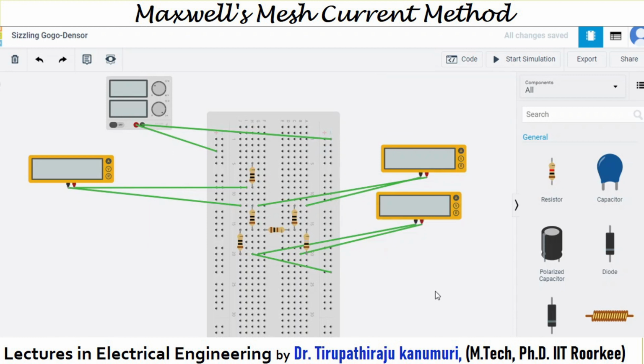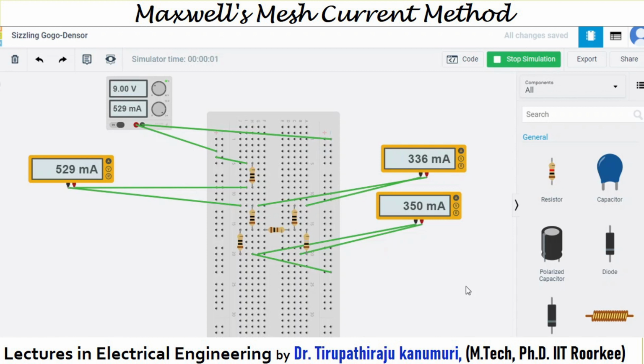How to use the breadboard, how the connections are made internally, those are already discussed in the previous lectures. You can please refer to them in the basic electrical engineering playlist if you have any doubt. So I am directly proceeding because I am assuming that you already have the idea. You can see in the circuit simulation, something is missing. What is missing? We forgot to make one connection. We have not connected this positive terminal to this one. So we have to make that connection. Getting it? So now the circuit is closed.